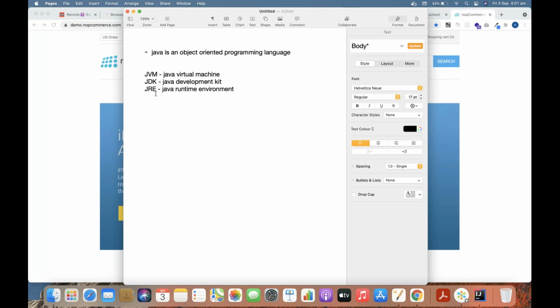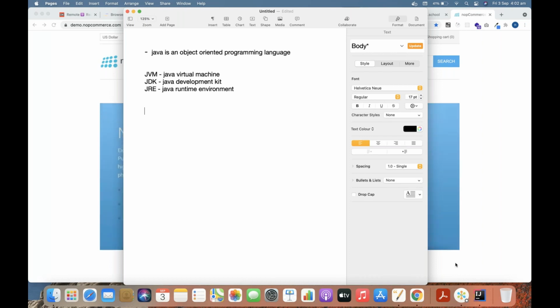So JRE will be contained in the JDK. You just install Java, right? If you go to your C drive, program files, and open the Java folder, that's where you see two folders with the names JDK and JRE. You don't see anything for JVM because it's a virtual machine. It does not exist physically. Okay. So here you don't need to learn about the history of Java and all. Just for your understanding, we will be working with core Java. If you understand the syntax of Java and some of the basic concepts of Java, you are good to start with your Selenium.